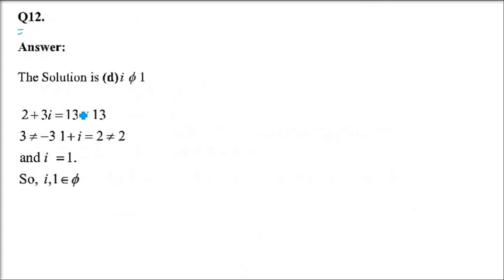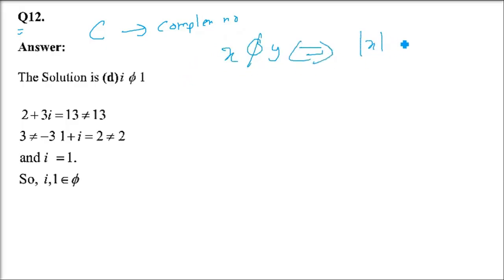Question number 12. A relation R from C to R is defined by x R y implies modulus of x equals y. Which one is correct? Now this C is the set of complex numbers, and R is the set of real numbers. It is defined as x R y implies |x| = y. Since x is a complex number, we are not talking about negative values becoming positive. This is not positive-negative making. This is the value which comes out of complex number theory, and that is going to be the modulus. I'll tell you how to find the modulus.